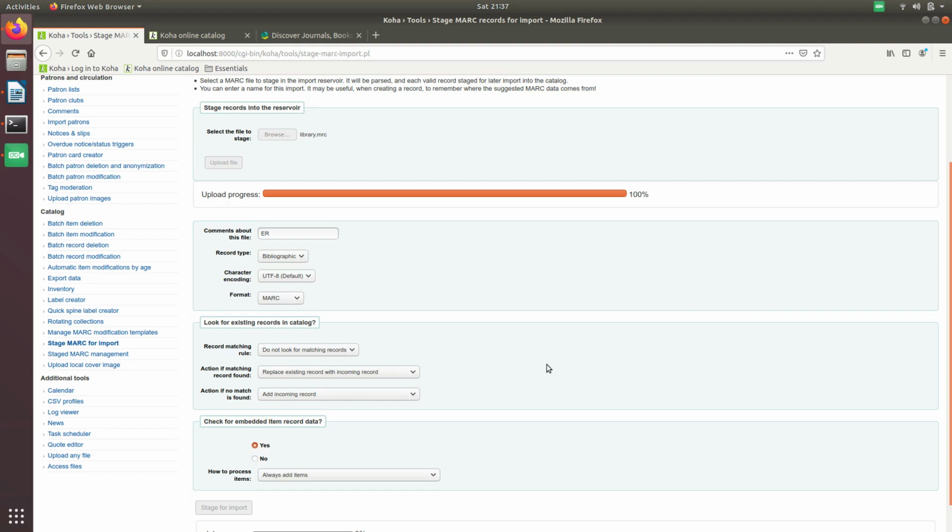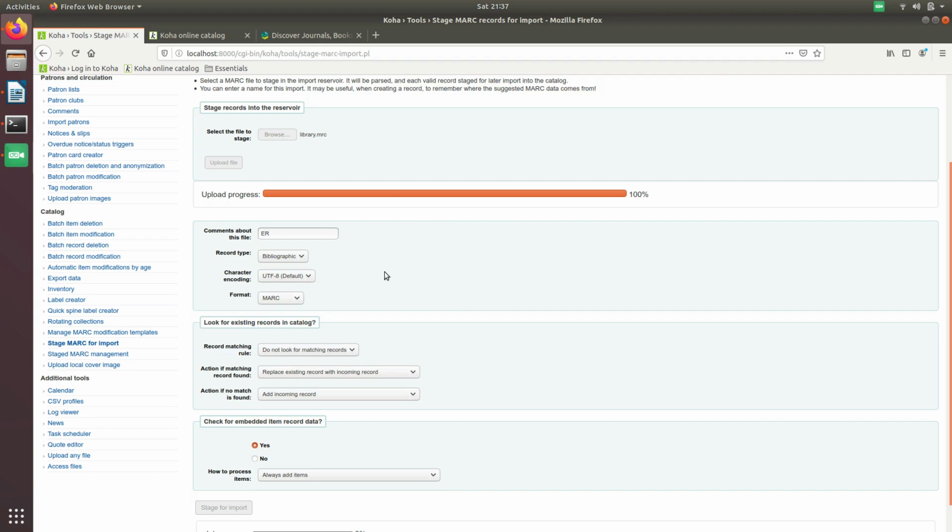After importing to the reservoir, if you are not satisfied with the content, in that case you can delete or clean it, and if there is any error, we can correct it, and after that we can re-import it.